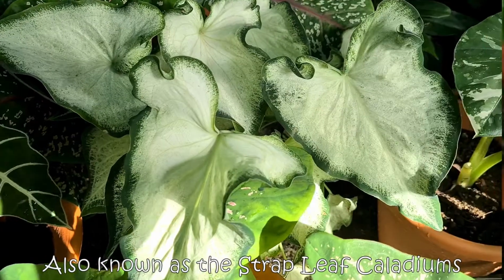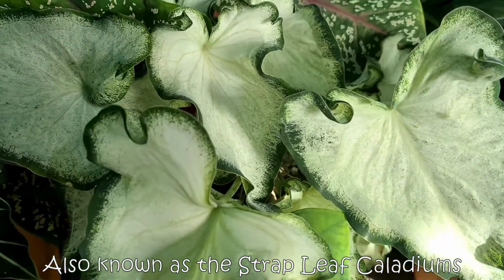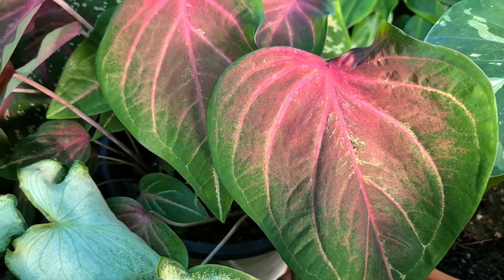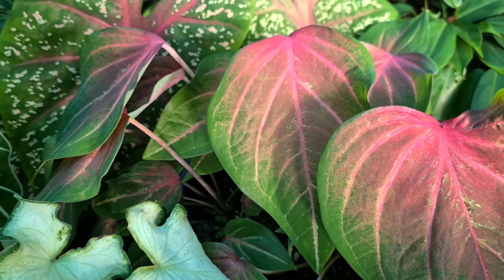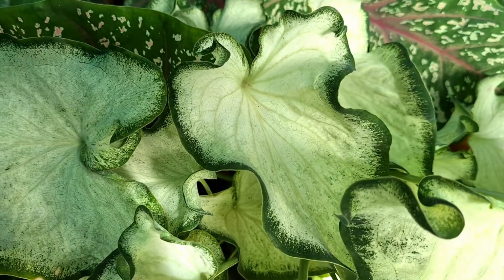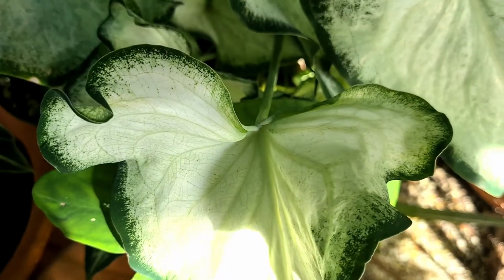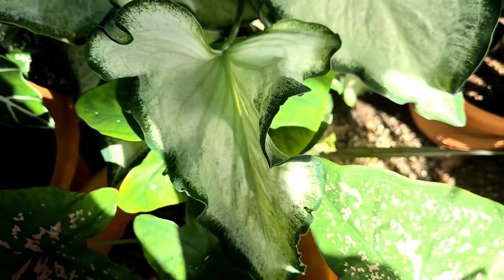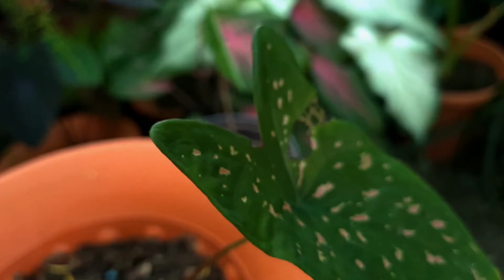The lance leaf caladiums are also narrow and have elongated leaves, but their margins are more ruffled, and these types tend to produce more leaves than the fancy leaf, which may produce 2 or 3 leaves at a time, or you might find 4 leaves at a time. The lance leaf tends to have a wider, much bushier look compared to the fancy leaf types. Most of the caladiums in cultivation grow to about 24 inches high and 24 inches wide,